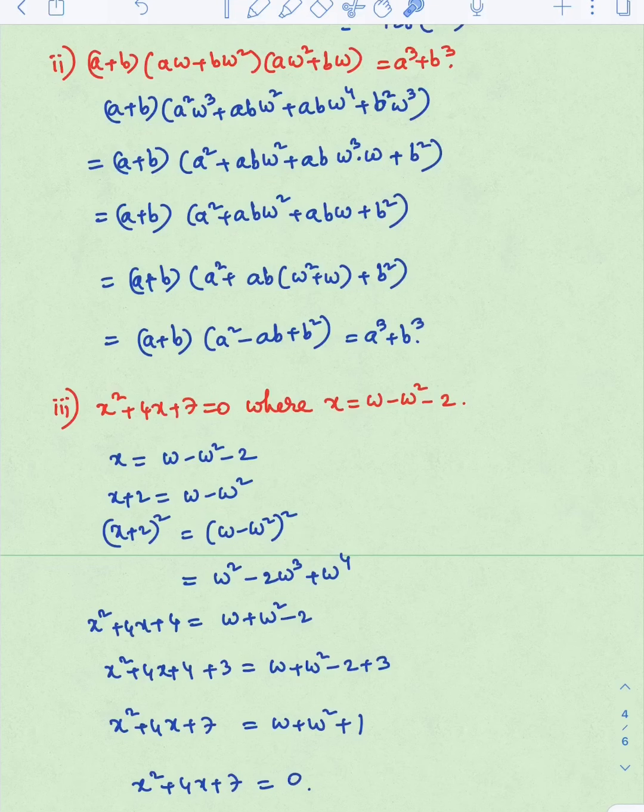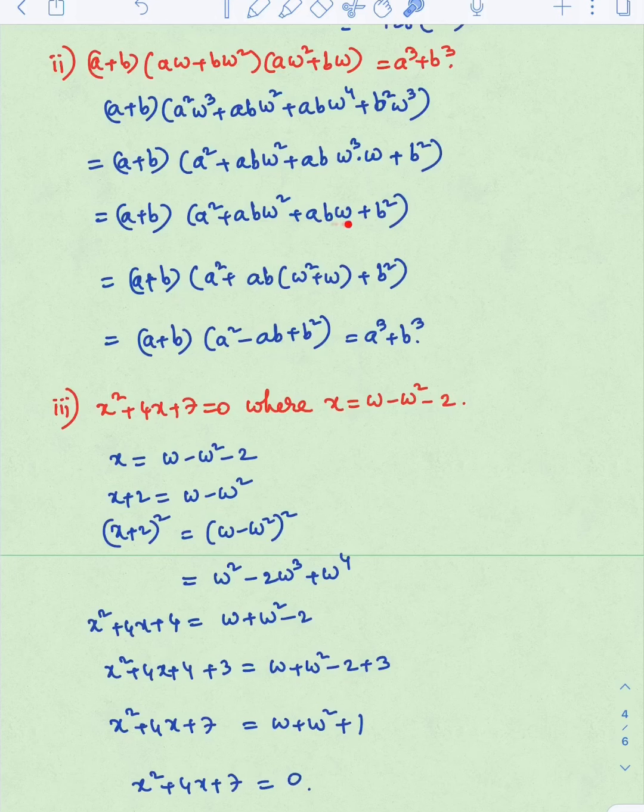This is same every time. Here changes are seen. They are what? Omega cube is 1. So this is a square into 1, which is a square. This is same. Here it is. Omega power 4 can be written as omega cube into omega. Because you can write it like this, no? So here it is 1, only b square. Next step, here this will become 1, a square, ab omega square, b square, it is ab omega.